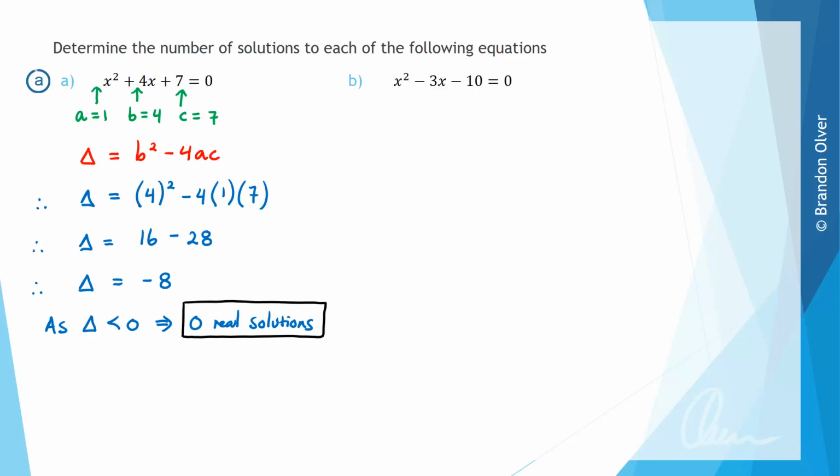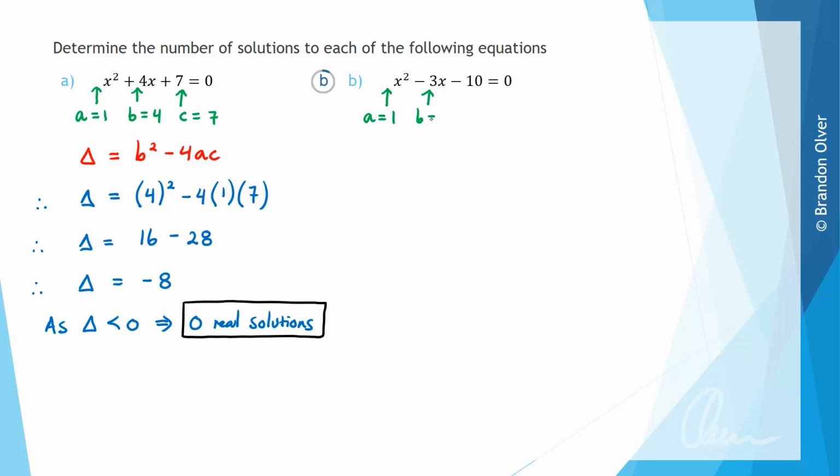It asks for the number of solutions that we would get to that equation. So we get 0 real solutions. And now we'll move on to part B. So we'll follow the same process of identifying the a value, the coefficient of x squared is 1 in this case. The b value, which is the